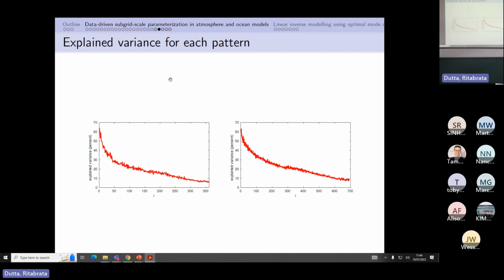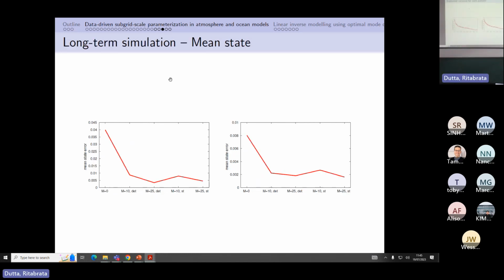And then we look at the truncation at wave number 15 and 21. That's a reduced model. Then we want to account for the missing stuff. That's the explained variance in the pattern, the subgrid patterns. So it's much less than in Lorenz, as we expect. But for the leading patterns, we can capture about 60% of the subgrid term. Not very much, but we can see it has an effect if we plug this in,